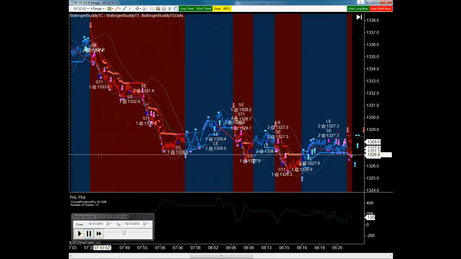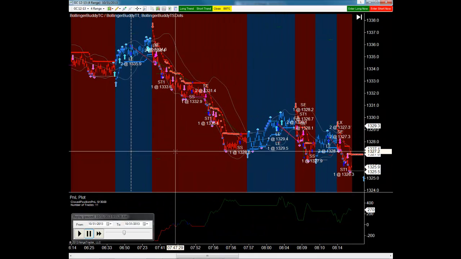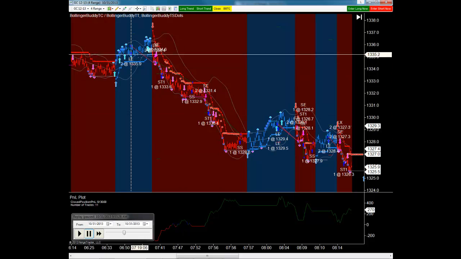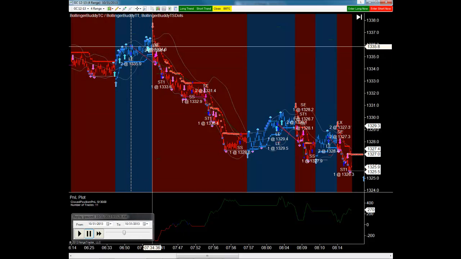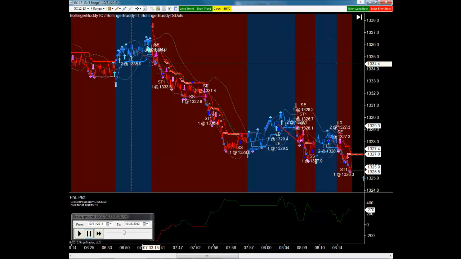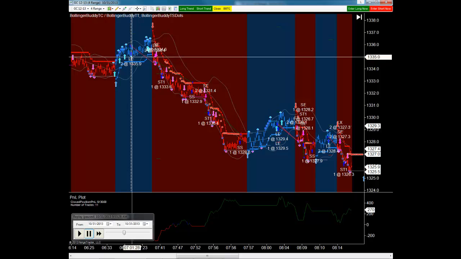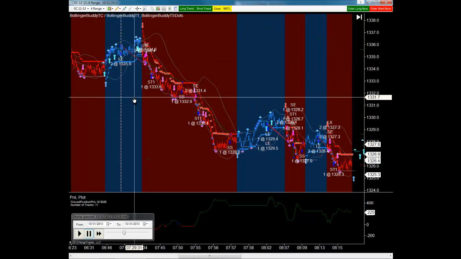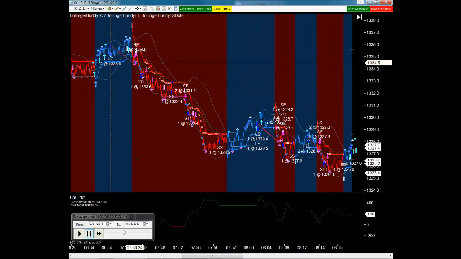At 7 o'clock, which is found to be a good starting time, Eastern USA, for trades to start looking for trades, I should say. If prior conditions are met, we entered a short, but that didn't go anywhere. It moved against us. We got stopped out, but immediately we entered a long, didn't go anywhere, got stopped out, but immediately the buddy took a short